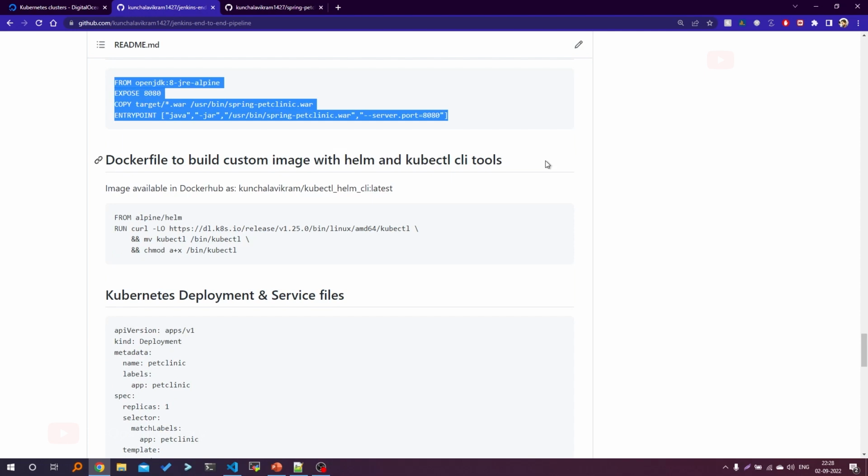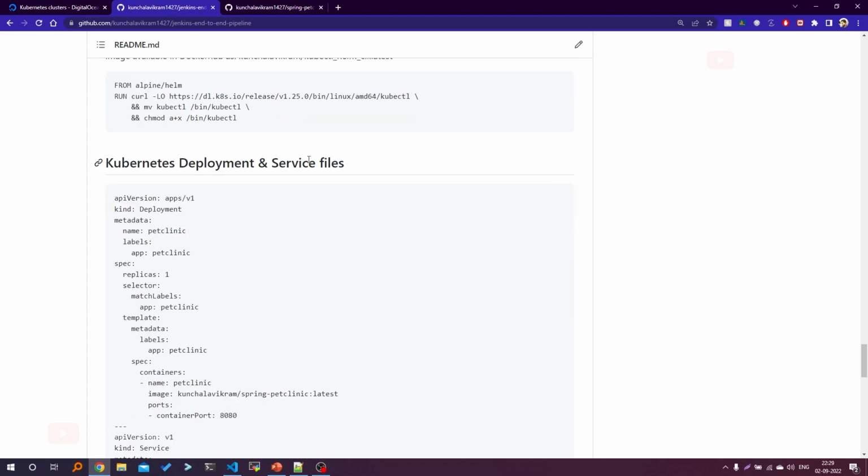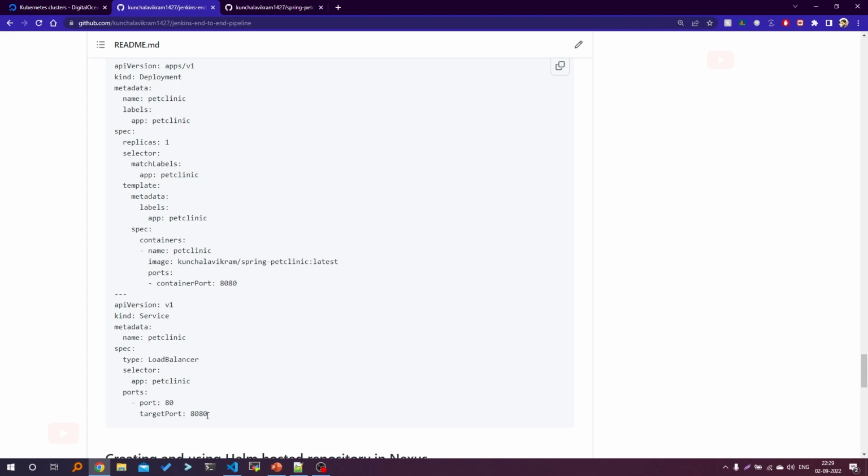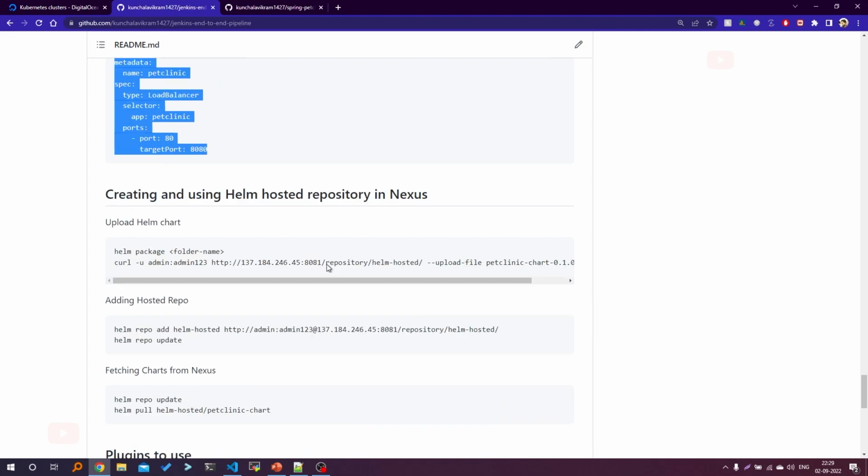Let's assume I need Kubernetes and Helm CLI tools. So what I can do is I can create my own container image that has both these binaries. Of course, you can use the existing CLI images. So if you want to create your own CLI image, I also have the method of creating a custom Docker file for that. And I also have Kubernetes deployment and service file to deploy my application, and also how